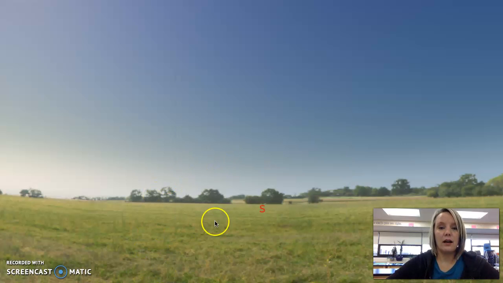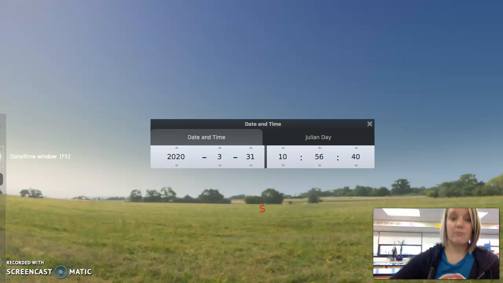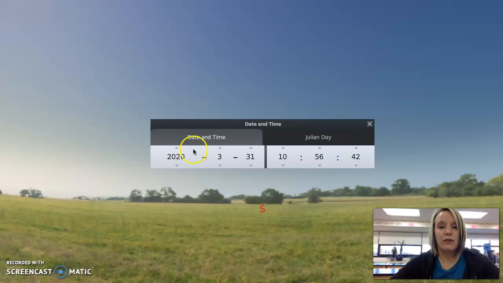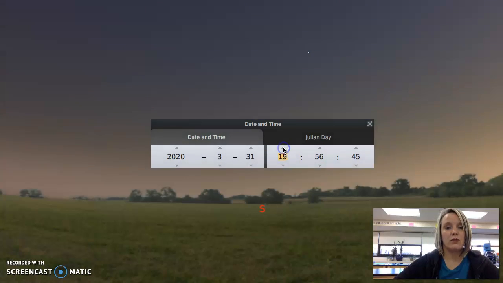This app shows Earth, Little Falls, right here. This is not an actual webcam image. This is just a generic image that shows our view of the night sky. And obviously at this time of day, we're not going to be able to see much because the sun is out. But if we fast forward the time,